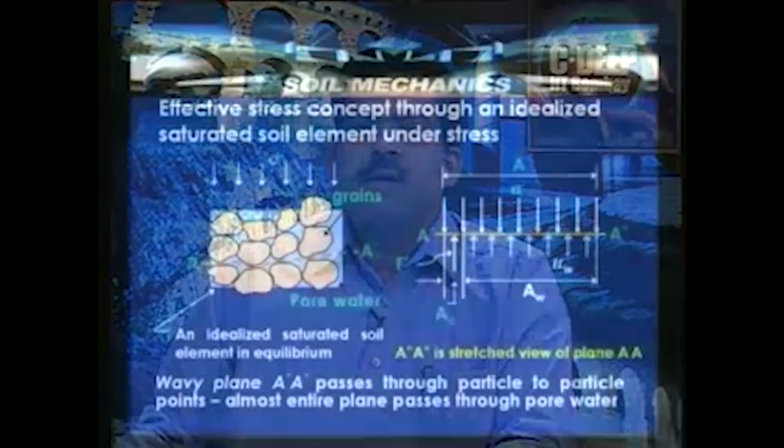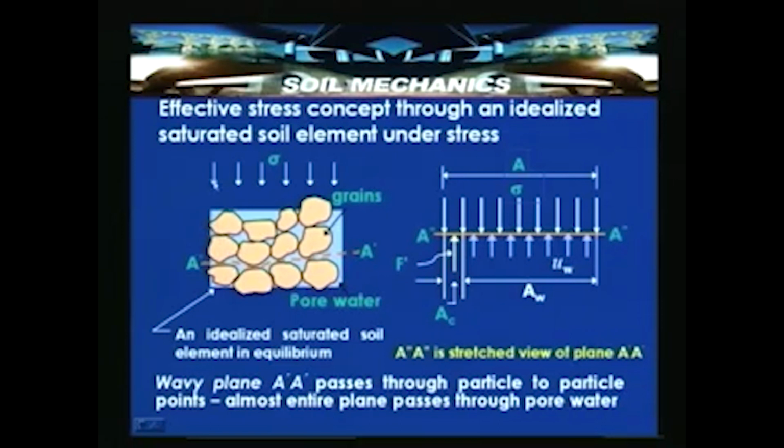So, let us consider now this effective stress concept through an idealized saturated soil mass. Here, under certain stress, the grains shown in this slide are covered with water, which indicates that all the voids within the grains are filled by water. A' A' is the wavy plane that passes through the contact points of the grains,